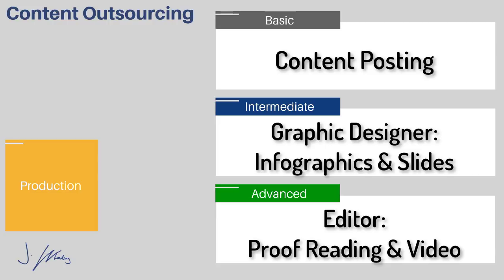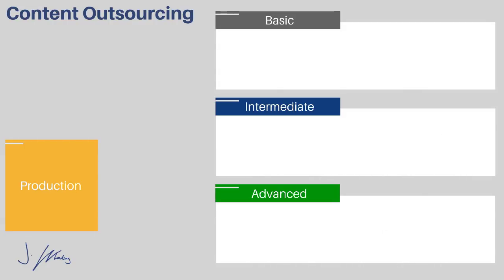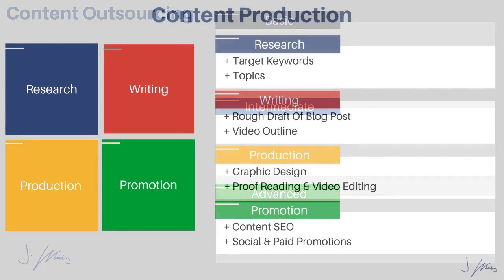And what I recommend doing is you can find loads of these people over on Fiverr and Upwork, where they will not only proofread your content, but they'll also improve the readability, because it's really easy for you to use big words or talk about things that make sense in your head. So it's just good to have not only a proofreader, but someone who's going to go through and actually improve the readability of your content so it's easier for your audience to read. And that is it. That is how you outsource your content production.